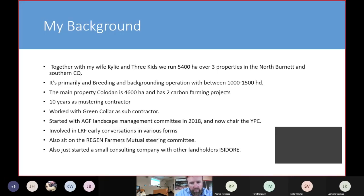So yeah, my background: my wife Kylie and I run 5,400 hectares over 3 properties. It's primarily a breeding and backgrounding operation. The main property, Culloden, 4,600 hectares, has 2 carbon farming projects on it that cover about 3,000 hectares. We were one of the first in the Burnett region to go down the